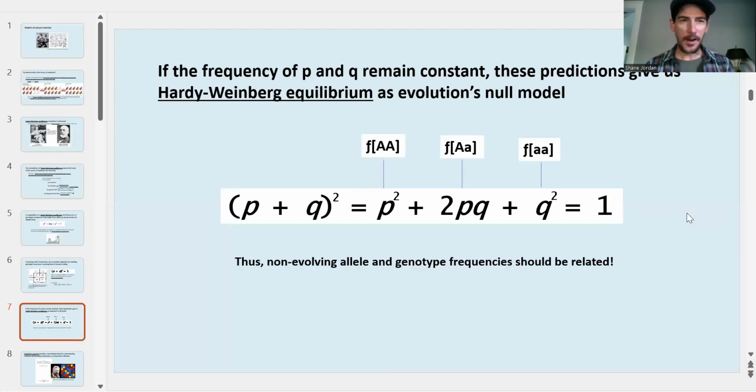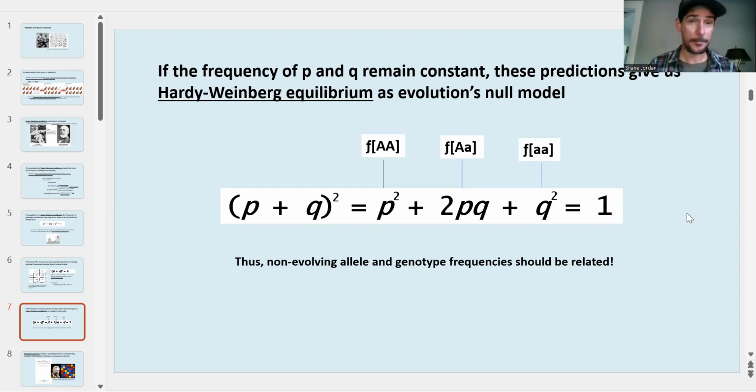Now, I don't want you to get lost in the mathematics of this, such as to say, don't lose sight of the forest for the trees. Applying this type of principle to actually analyze evolutionary changes is not something that we're going to do in this class, but it's important for you to recognize that this type of thinking is very much the analytical method that evolutionary biologists still use today in order to figure out whether or not populations are evolving, in order to analyze how gene frequencies are changing and whether or not they're changing in a significant way